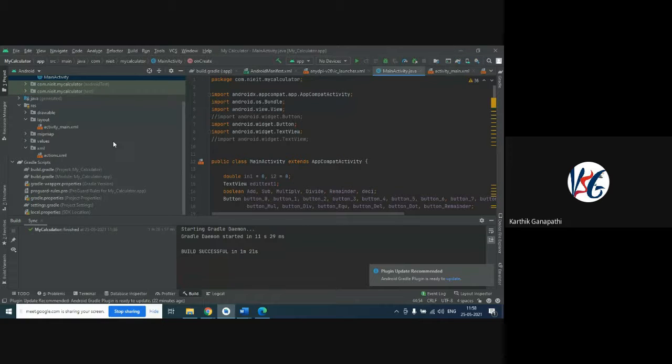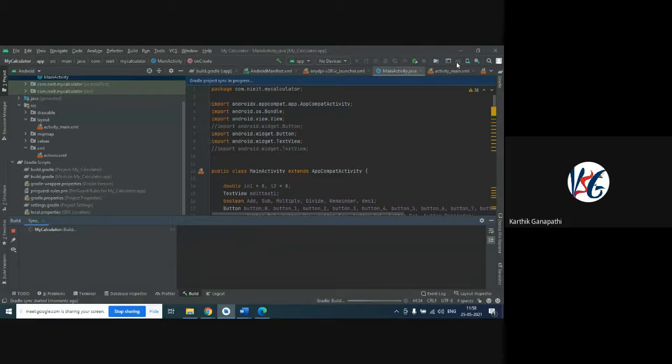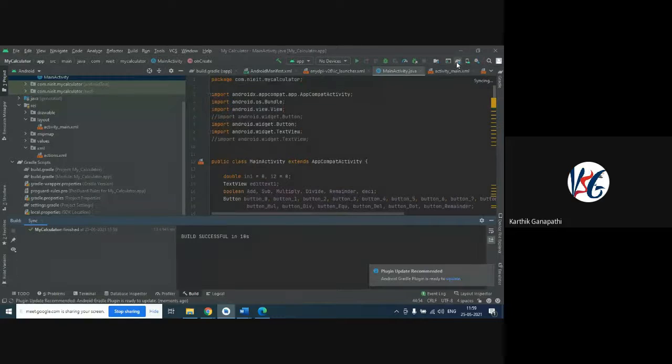For this, we first need to build the application. For building this application, let us run the Gradle. The Gradle should not have any error. As I mentioned in the previous classes also, keep your internet turned on, otherwise the application will not fetch any repository details or packages from the repositories.